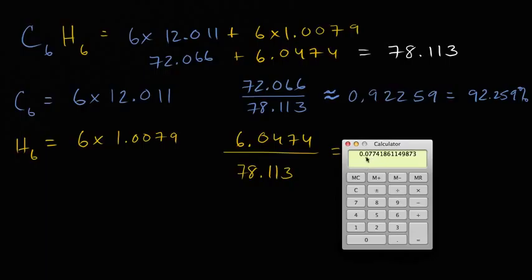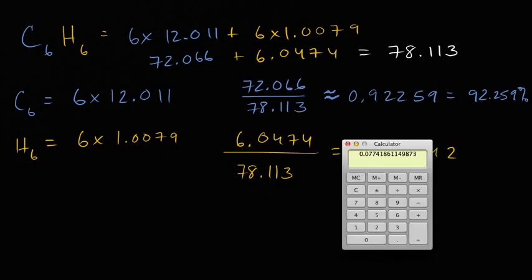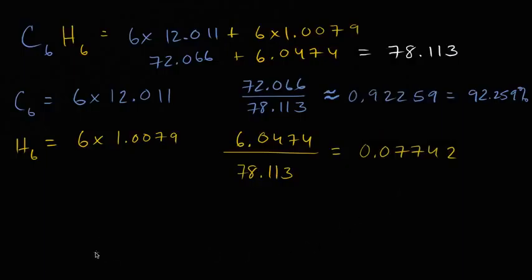This is going to be 0.07742. Did I do that right? Trouble remembering these numbers. 0.774, and then I round that 1 up because I have an 8 in the next place over, so 42, which if I were to express as a percentage, and this is 5 significant digits right here, 1, 2, 3, 4, 5, is roughly, since I'm rounding,